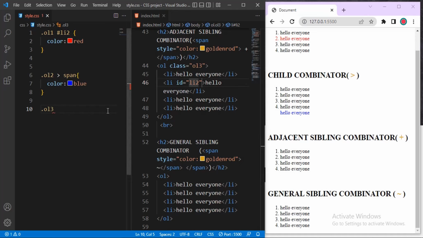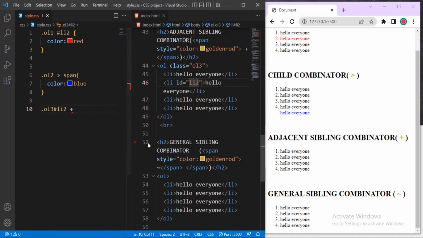So inside this, once we put this, we say dot class name for this adjacent sibling, then we'll say, let me use id first. Let me start with id. We'll say something like, call the id name of the list. Let's say id, the id name list, LI2. Okay, that's the list 2. Then you give space, let's say